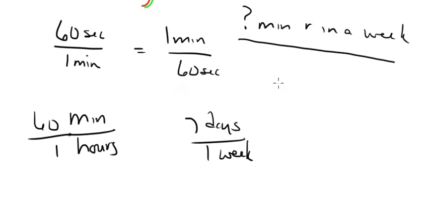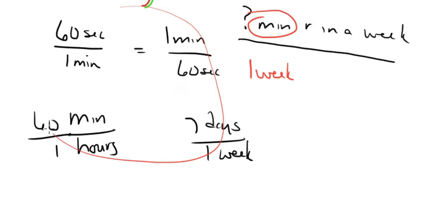That's our word problem. And in that word problem, what we know is we have a week. We have 1 week. Would you all agree with that? We know we have 1 week. Okay, and we're trying to get to minutes. And we're going to use some of these unit multipliers to get there. These are things that we know. So the first thing I have to do is I know I have to wind up with minutes. I have to have minutes. So I've got to get rid of the week. And the only way I can get rid of that week is if I put the week, the unit, as a denominator in the next ratio.